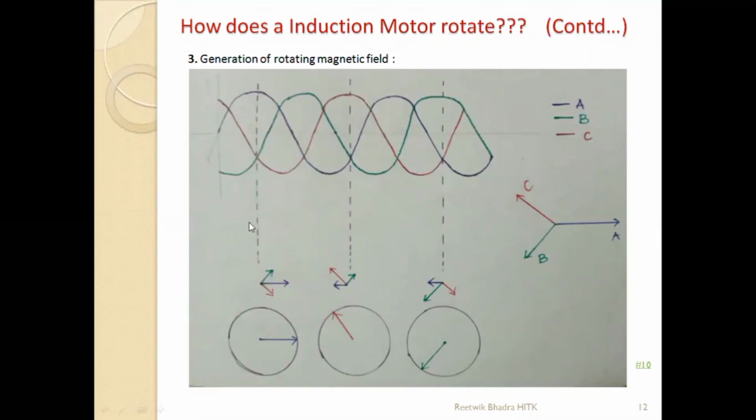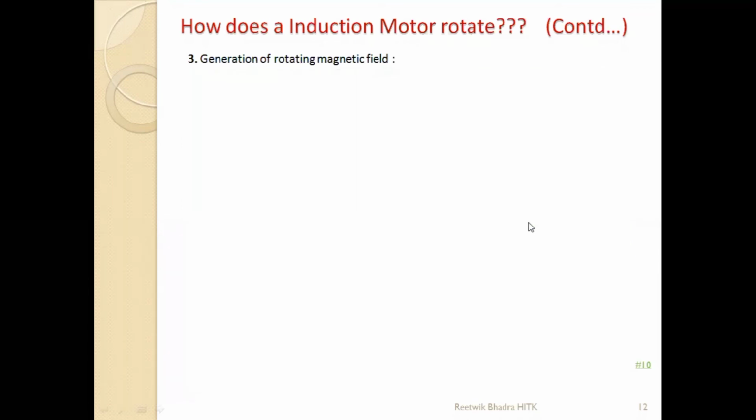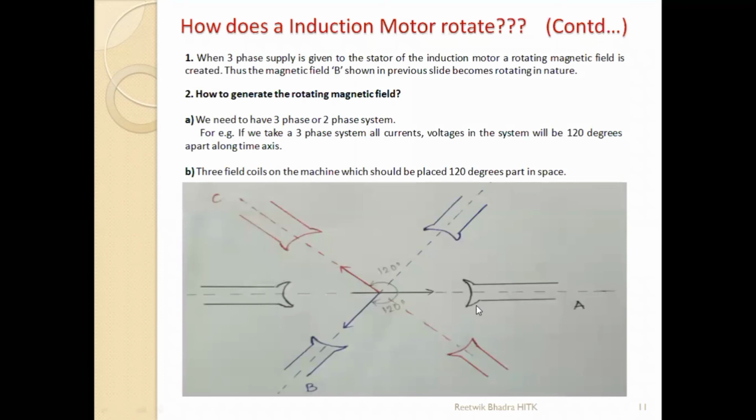Now I've drawn a dotted line over here. If you see my phase over here, I'm going to the previous peak, once on generation of the rotating magnetic field. This is my A phase which goes in this direction. This is my B phase which goes in this direction. This is my C phase which goes in this direction. A, B and C in these directions are positive. If I draw C along this dotted line, it will be negative. If I draw B along this dotted line, it will be negative. If I draw A along this dotted line, it will be negative. These are all my fixed conditions of positive A, B and C phases.